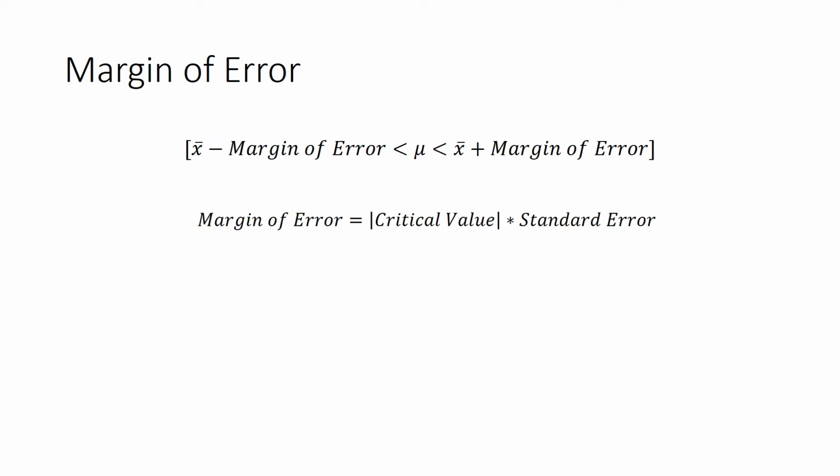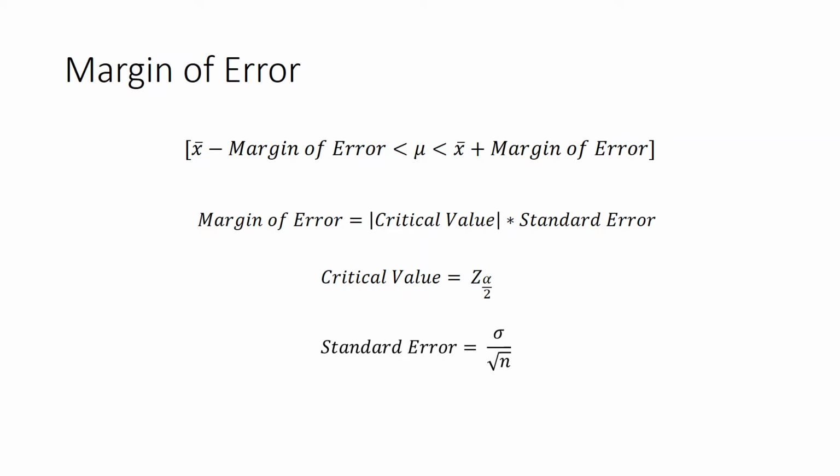Standard error I have covered, but now we are going to dig into its formula. The critical value is represented by z subscript alpha by 2. This is one of the conventional notations. I'll come to what z is, but keep in mind that the critical value is given by z subscript alpha by 2, and I'll cover alpha by 2 also, don't worry. Then we have the standard error, which is the standard deviation divided by the square root of n. n is the number of samples, and sigma is the standard deviation.